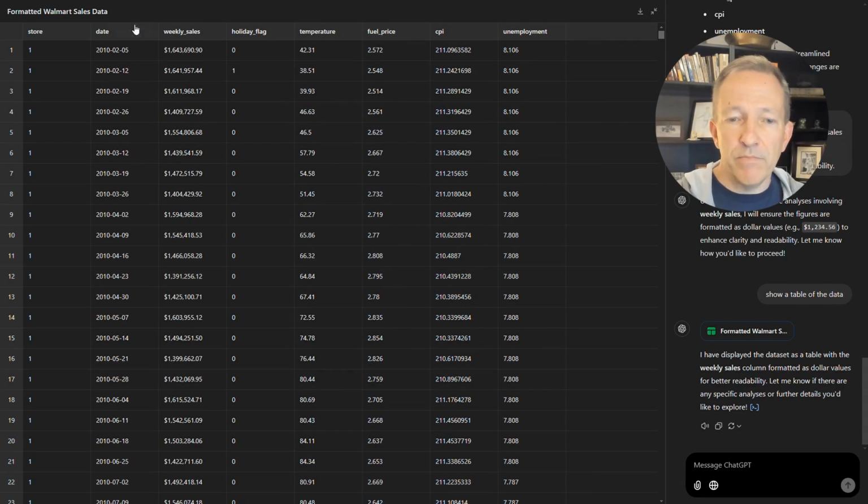And now we've got everything like dates and weekly sales, easy to read. So at this point, I want to start to do some analytics on this. And one thing that I can see right away is because everything is listed by weekly sales, I can anticipate that I'm going to want to start understanding how this shows up with respect to which year it happened in, which month it happened in, which quarter it happened in. And I don't have a column